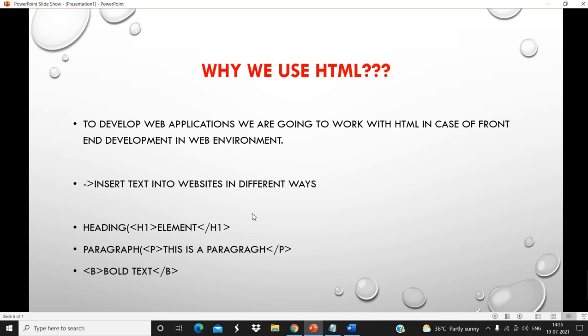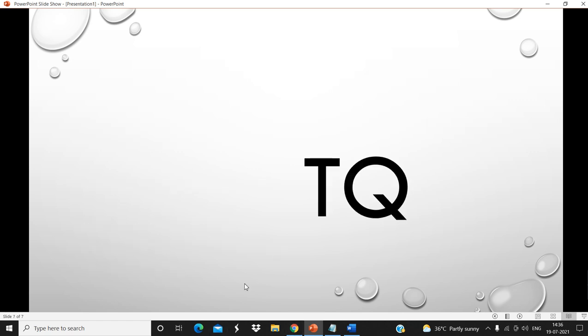If you want info regarding CSS, Bootstrap, AngularJS, React, jQuery, and JavaScript, all these programming languages, we are going to post it on YouTube: what their use is, and when and where we are going to use them. When you are capable of answering all these questions, you will have basic knowledge of web-based programming languages.